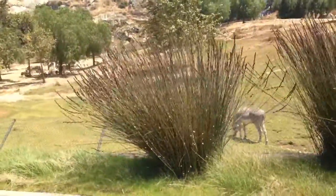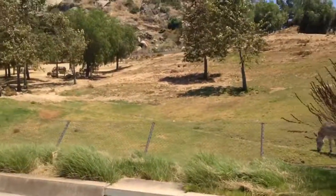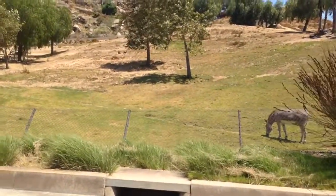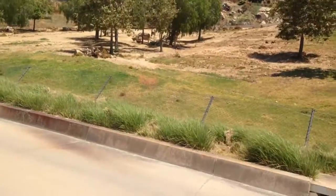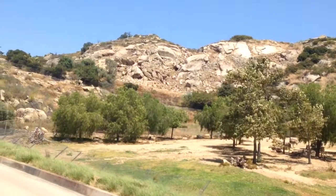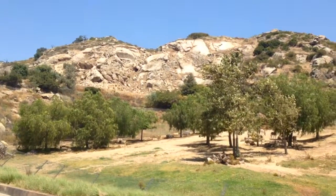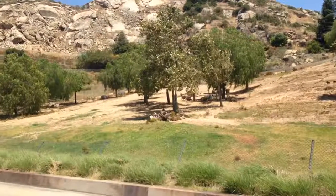Now we have some animals on the right-hand side. Close to the fence line is one of them. They're going to look like donkeys with black and white stripes on their legs. The rest of them are further ahead towards the front of the tram, in the center of their habitat underneath the trees. And a couple of their babies are up there. These are Somali wild ass. The black and white stripes on their legs aren't there